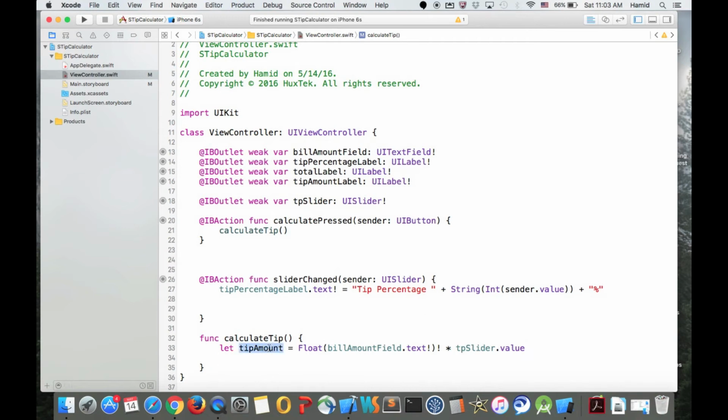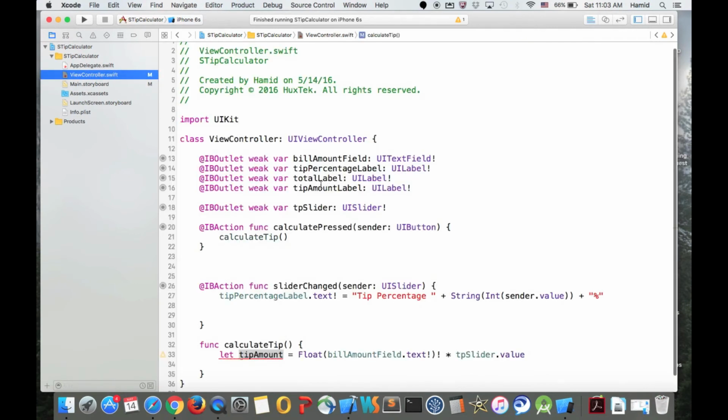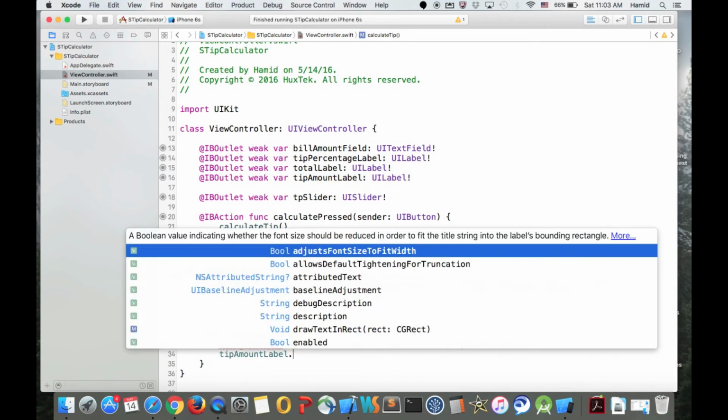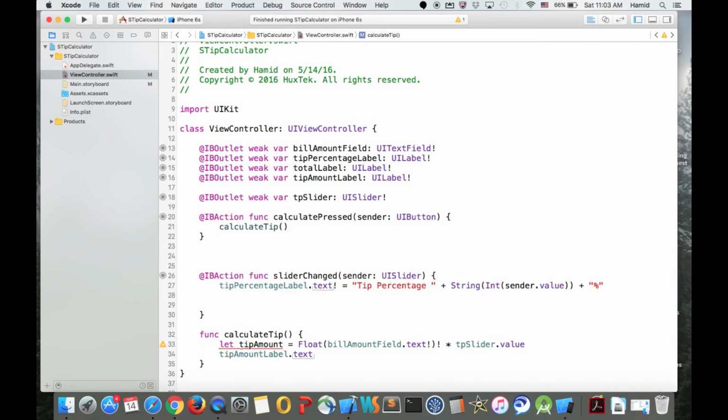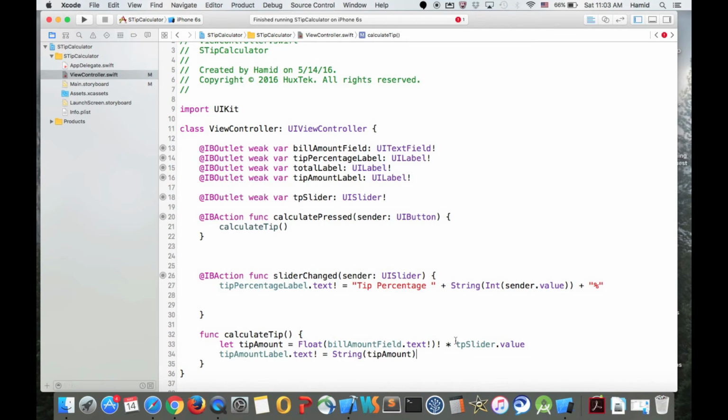And once we get the tip amount, we can update our label. What is our label? This is the tipAmountLabel. So we can say tipAmountLabel.text, and it's optional, we have to unwrap it, is equal to tipAmount. But this tip amount is type Float. I have to convert it to String, so I would say String, and it will convert it to string for me. I can just save one line of code by adding this line inside of this parenthesis,